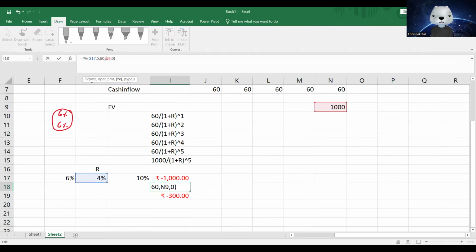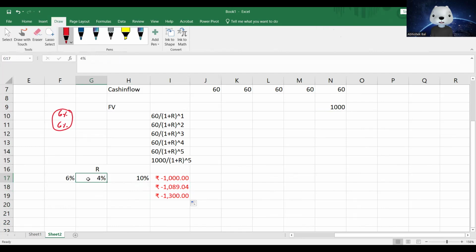You can lock this if you want. There you go. Okay. In this case,